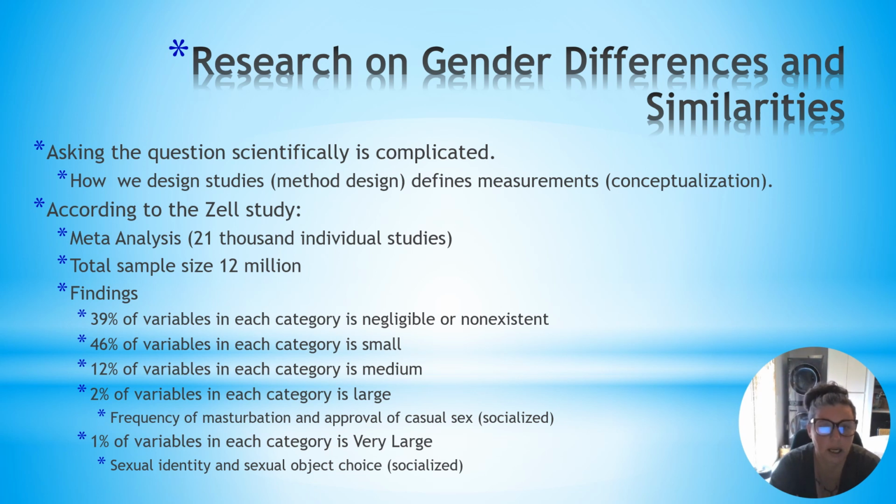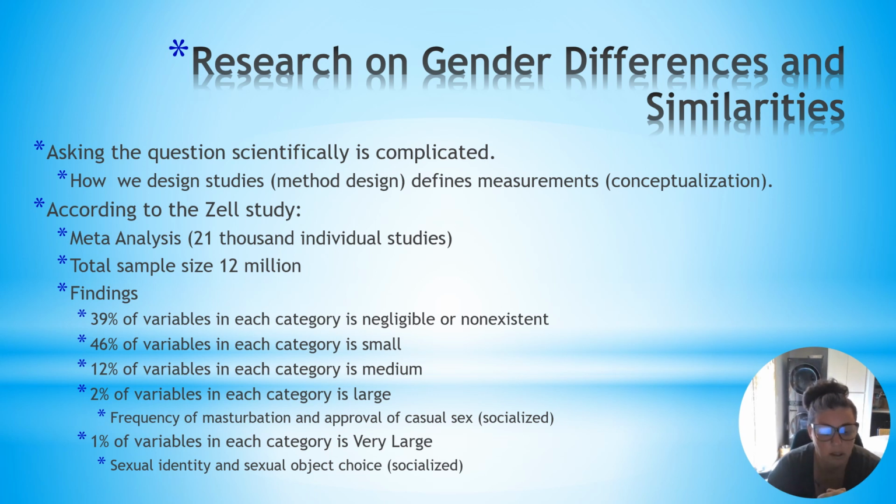And so when we're asking questions scientifically, we do realize that it's slightly more complicated, right? So we know we need to have a sound methods design. We know that we need to be clear about our measurements, our conceptualization, and operationalization, right? So we need to be forthright about how we're designing our studies. We need to be forthright about how we are conceptualizing things like men and women, how we're conceptualizing a typical difference or an average difference, and how we are operationalizing what we're using to measure, observe, quantify what we're looking at.